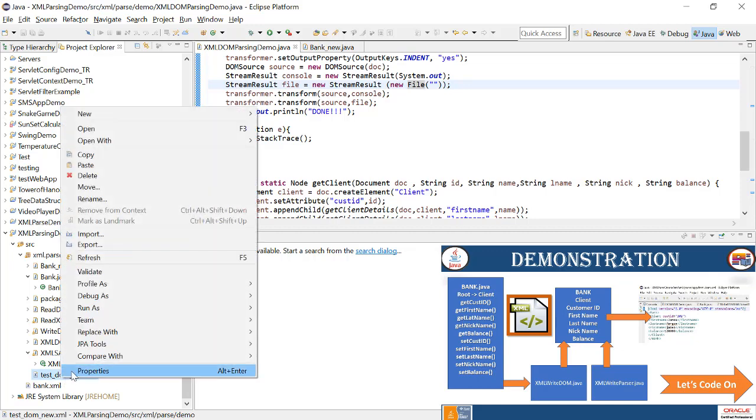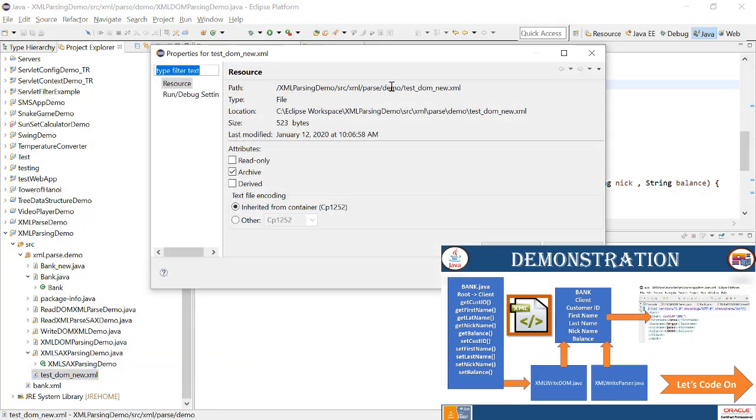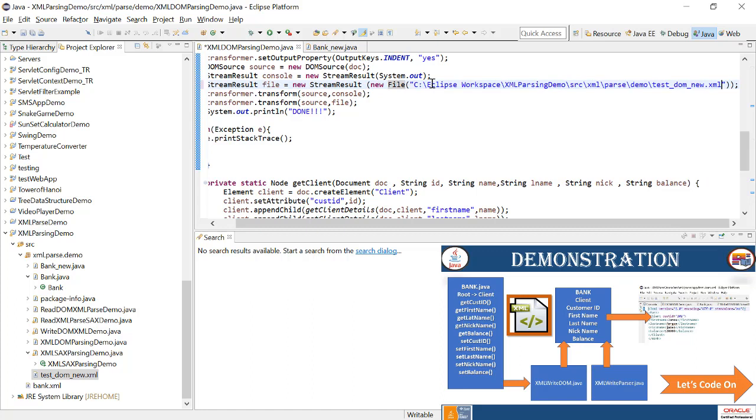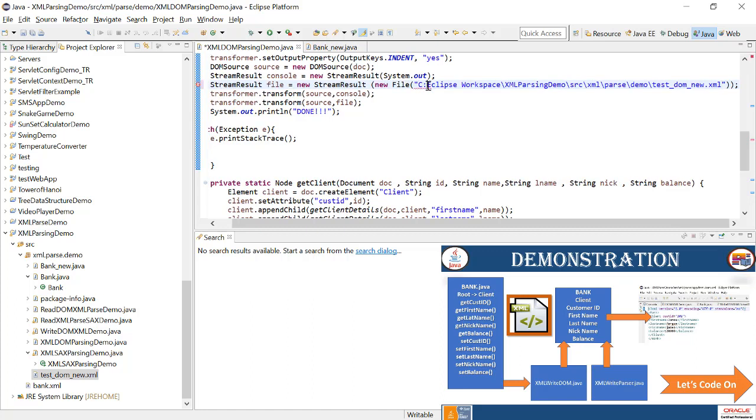So I'm just using one of the paths and copying it from that, and this is my absolute path of an XML. You need to give the backslash to escape character so that the compiler can read and find out the file